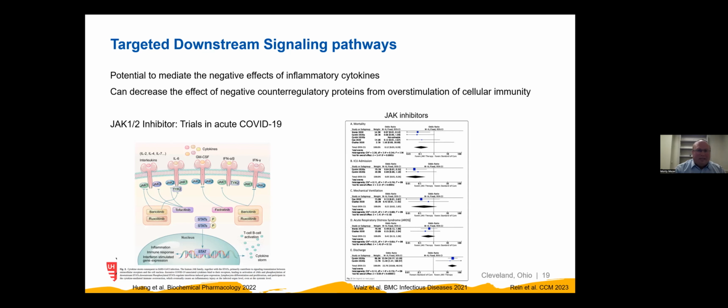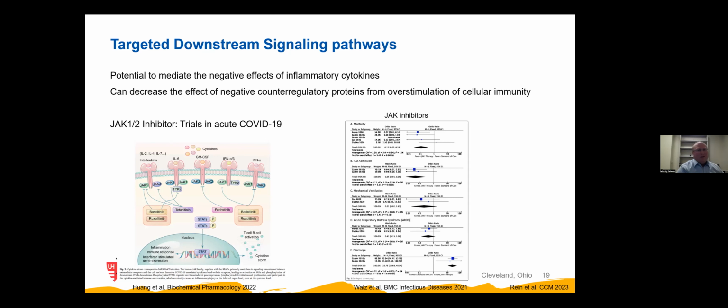This was also trialed recently in COVID patients, and there's a meta-analysis that was published a couple of years ago that did show that at least in some of these trials, JAK inhibitors were useful for critically ill patients with COVID-19. But again, really understanding the mechanism behind each patient's critical illness can be helpful to decide whether or not